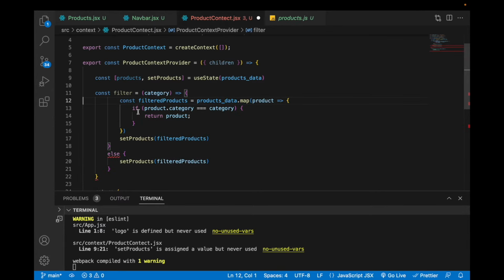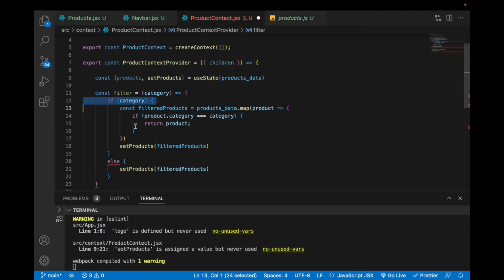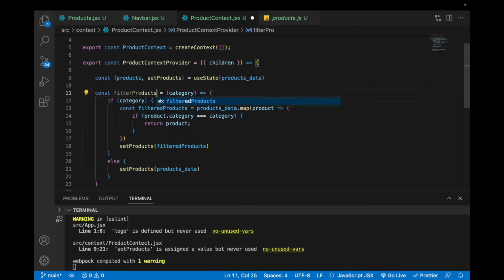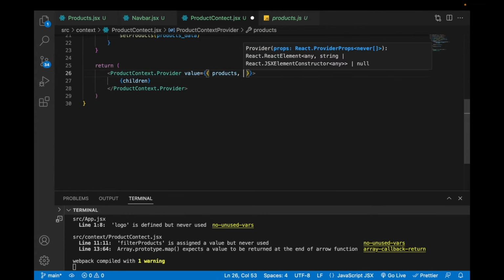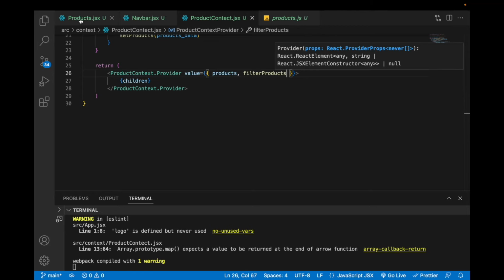I do not like this, else this one, only the product data. So filter products, let's pass it as value, and here